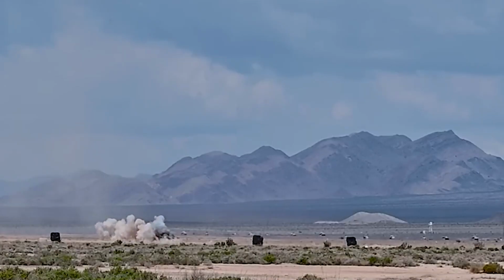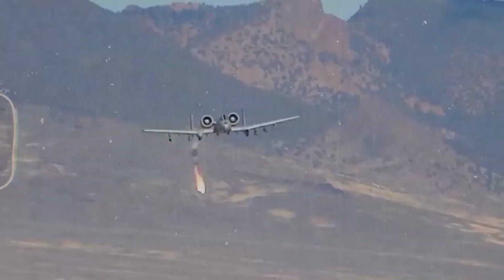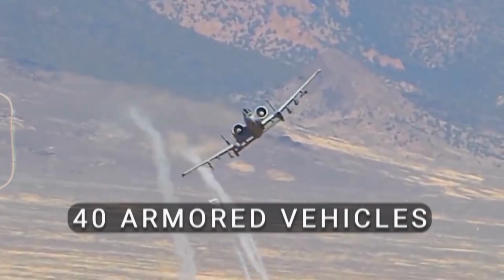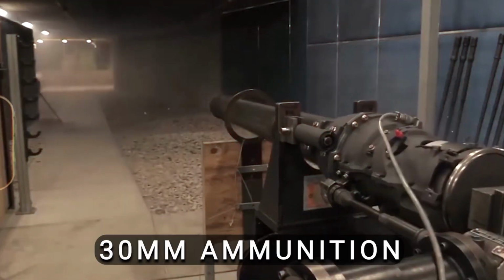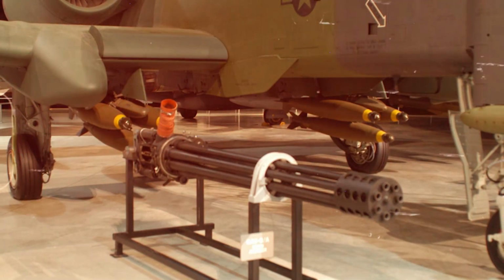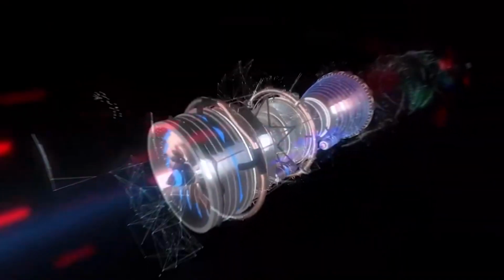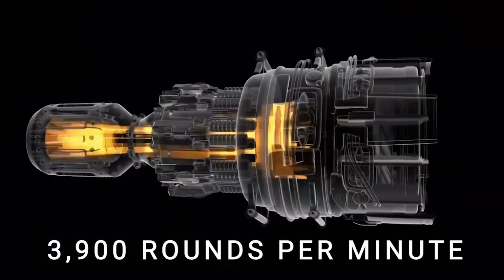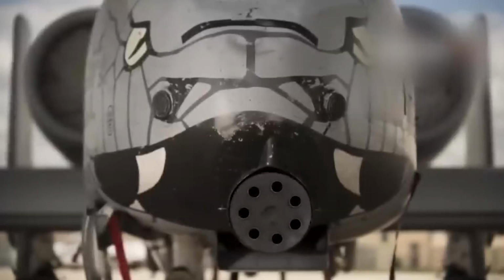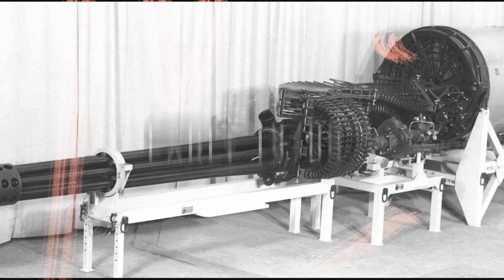In a typical A-10 gun employment, 120 rounds require an engagement with 9 to 10 targets before ammunition exhaustion. A-10 formations can tackle over 40 armored vehicles using 30mm ammunition, making it a formidable force on the battlefield. The A-10's GAU-8A gun, protruding from the aircraft's nose, boasts a fire rate of 3,900 rounds per minute. This potent weapon traces its origin back to the early 1970s